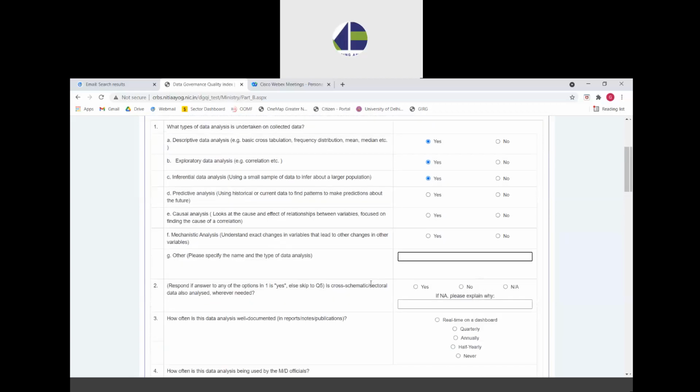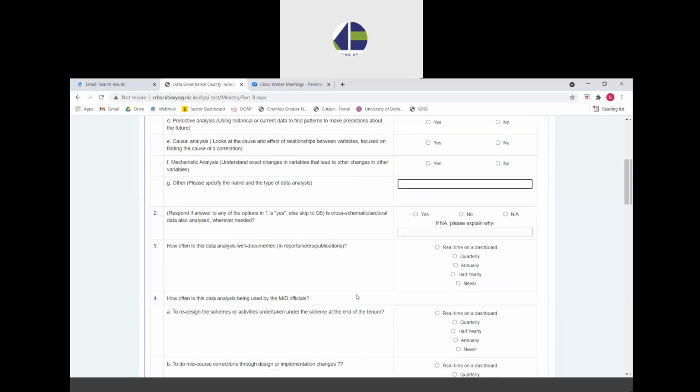The next question is question 2, which is to be responded to only if any of the above is yes. So essentially, if the ministry says it is undertaking any one type of the data analysis, then question 2 asks whether within this analysis, what is the type of data that is being analyzed? So is it only the scheme level data, or is it actually analyzing cross schematic data or sectoral data also wherever needed? For example, if scheme A is there, is it only analyzing the scheme A data, or